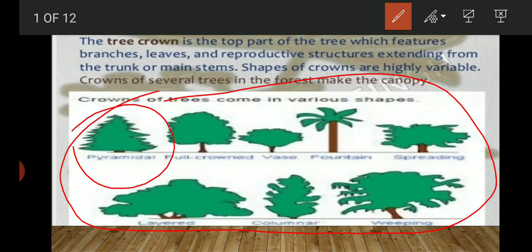Examples of cone shaped trees are pine trees and cedrus deodar. They generally grow in this region, and they have a pyramidal shape. If we look at them, they have needles. Their leaves are generally needle shaped. Their leaves are modified into needles to prevent the loss of water, as they are specially adapted to cold dry climate, and the needle leaves tend to retain water better than broad leaved trees like oak tree and maple tree.